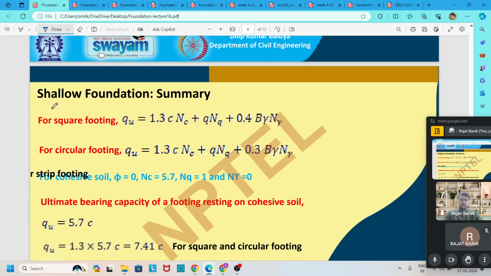Then shallow foundation. For square footing, this formula gets modified. We use 1.3. Also here we use 0.4, and everything is the same. And for circular footing, it is the same 1.3 as square footing, but in circular footing this is 0.3. So these are Nc, Nq, N gamma, the bearing capacity factors. C is the cohesion, q is the surcharge, B is the width of the foundation, and gamma is the unit weight